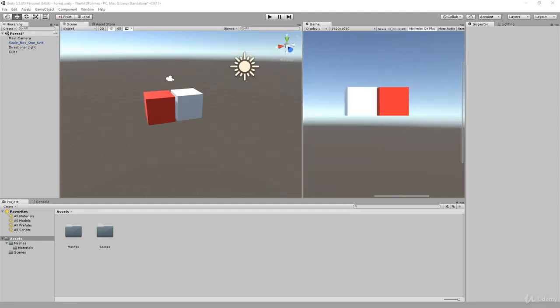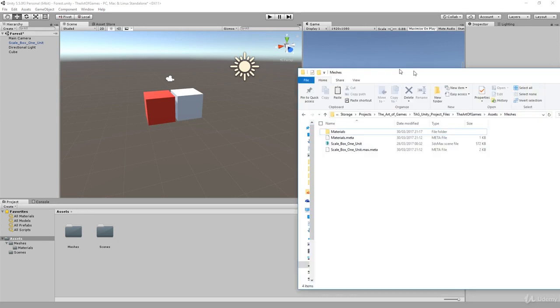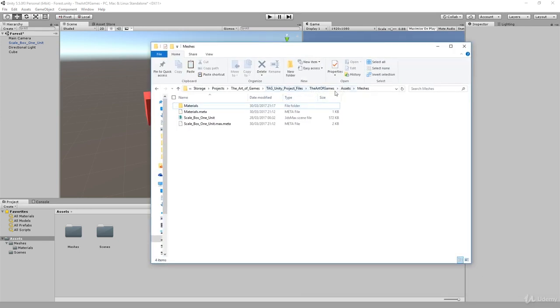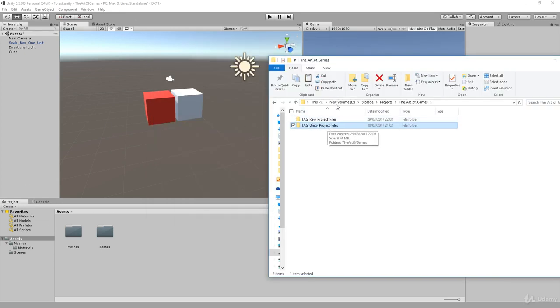Okay, one more thing. The reason why we have these two folders, let me just get them on the screen so you can see. The reason why we have these two is because that's our raw project files, where we copy all the files we've created for the project. This, like I said before, is the Unity project files. You shouldn't mess with the files in here. Other than copying files into it, don't touch it. Let Unity deal with it, and I'll show you why now.